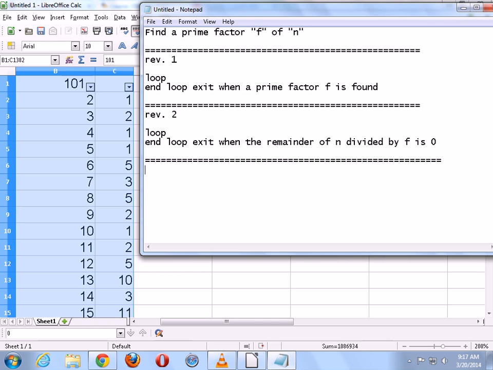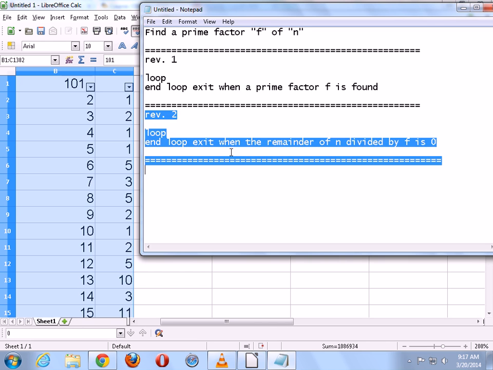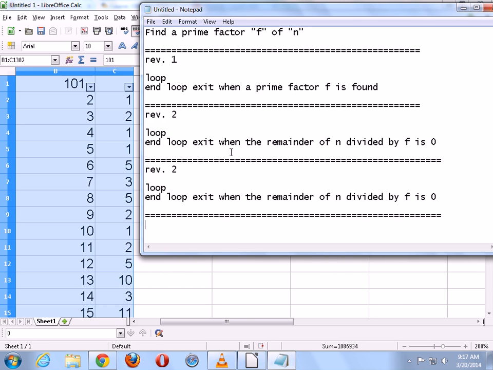So in the next revision, I can now express the entire thing as an expression. Now we can finally say there's a way to say this in a much more concise way. Is n mod f equal to 0? Great. In other words, instead of using the division symbol between n and f, I'm using the operator called mod, M-O-D, which means we take the remainder of the division, not the usual quotient of the division.